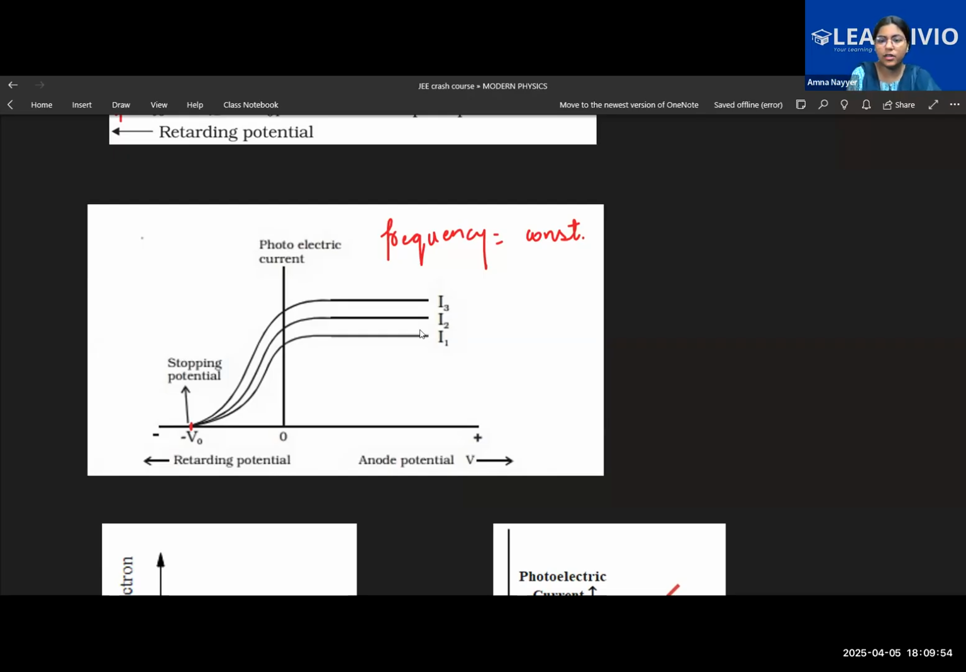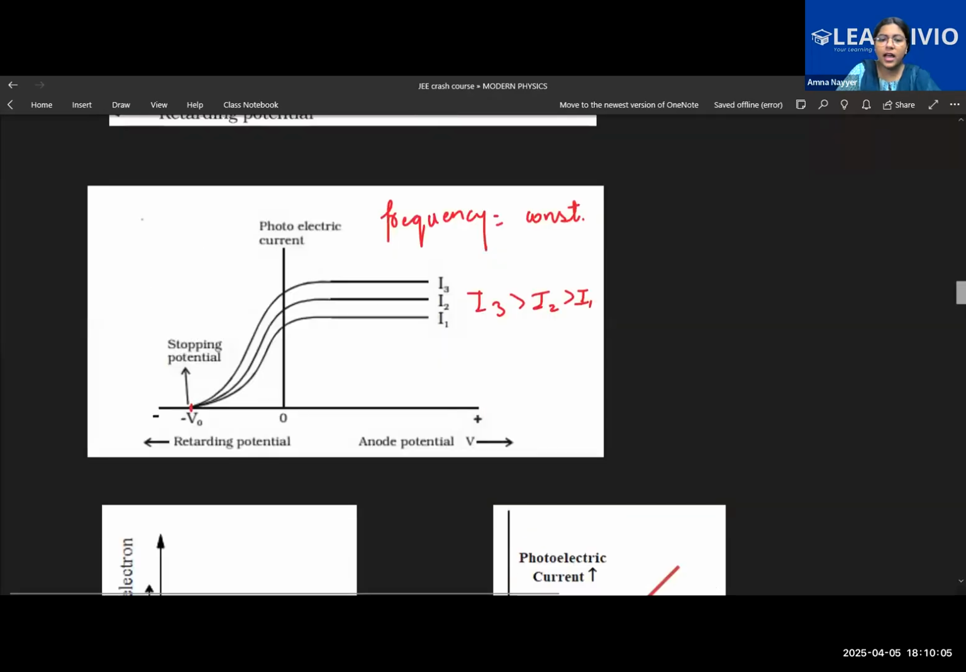Here the frequency was kept constant. So what is important again? I3 greater than I2 greater than I1. This comes in the exam to write. Then you have the question, okay, one graph is